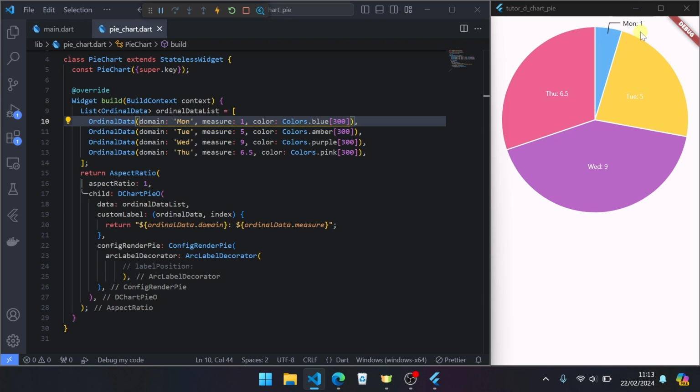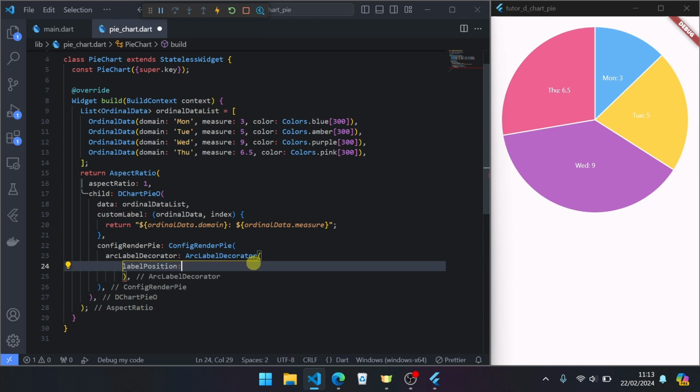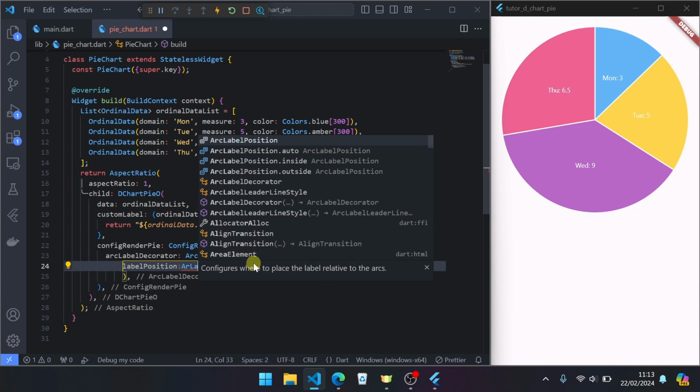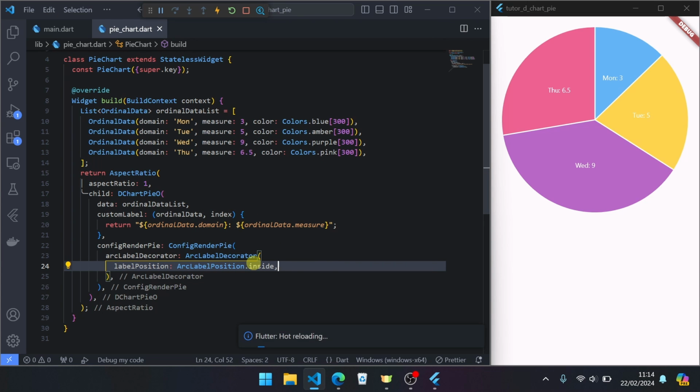If space is available to show the label, it will be shown inside. But if you want to fix the label only outside or only inside, you can use label position inside for just inside, and outside for only outside.